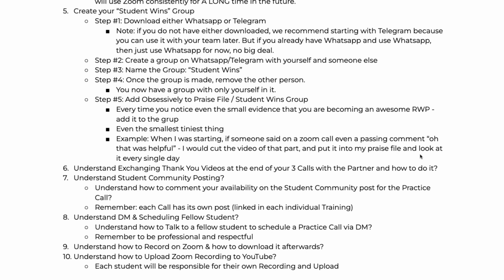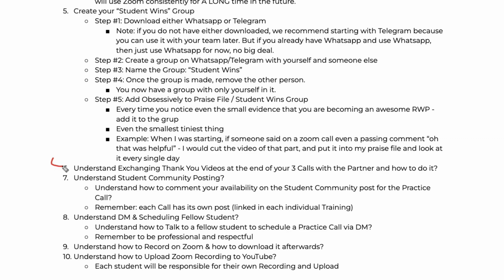I'm telling you, like we talked about inside of the training, that small, tiny little thing that you start the cycle with is going to help if you just go back and look at your skill session and say, yo, this was very helpful. This showed that I was actually doing something. So now you have these assets that prove to you, wait a second, that's actually me. This is something live on the internet that is showing me actually crushing it. Even if it's not you doing amazing, it's something small, which is getting that process started. So regardless of whether you decide to cut or crop the video, just putting that into your Student Wins group is going to be so helpful. So that is action step number 5.